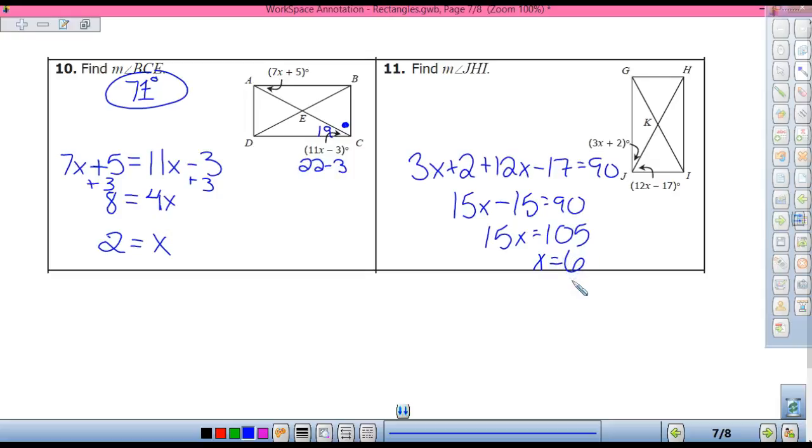We're trying to find JHI, which is this guy. So who do I want to plug that in for? Yeah, because those are alternate interior. So 18 plus 2 is 20. So that would be 20. So does that make sense how you're going to have to plug stuff in to be able to